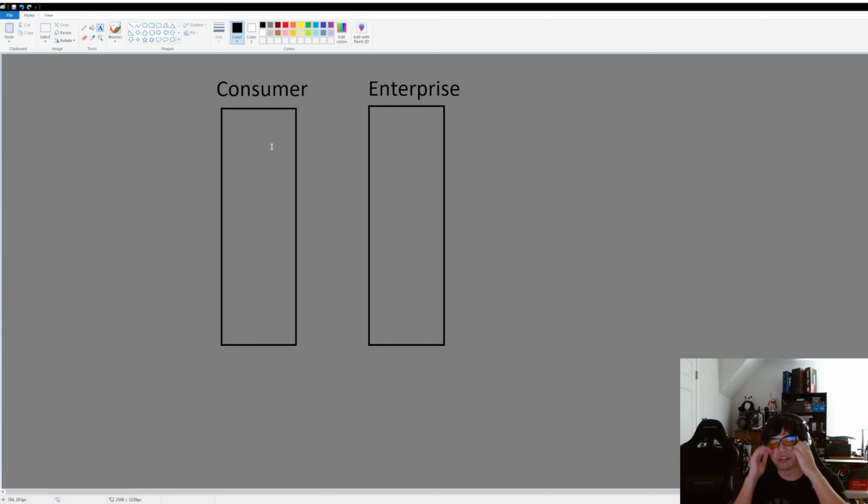You have Asus, all those other guys, MSI, PNY, Galax. So you've got a bunch of partners that you can sell your product to. You just sell the chip to them, and then they take care of it from there. They either follow your reference design, and they just copy paste it and sell a GPU, or they make their own custom design, and they sell that. But at the end of the day, you're still selling to the consumers